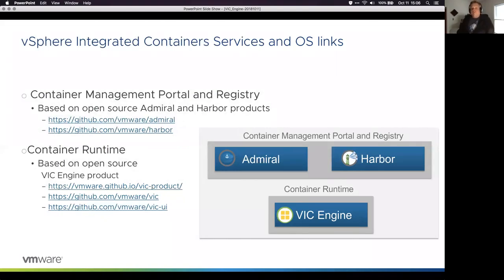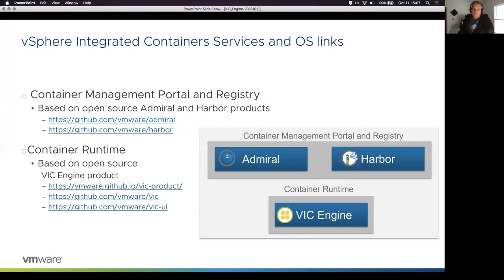Then we also have Vic UI. That's the repo that we have for the vSphere client HTML5 integration. And then Vic product is where we keep all of the tools and the scripts that we use to build the OVA. The OVA is used as a distribution mechanism for the officially supported versions of vSphere Integrated Containers, because